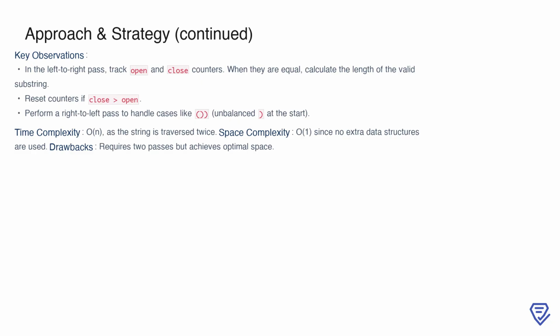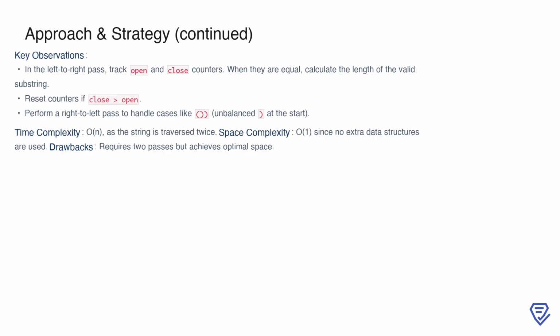The right to left pass mirrors this process but handles cases where there are unbalanced closing parentheses at the start of the string. Together, these two traversals ensure that all edge cases are covered. This approach runs in linear time, O(n), and uses constant space, O(1), making it optimal in terms of memory usage. However, it requires careful handling of the counters, which can make the implementation slightly more error-prone compared to the stack-based